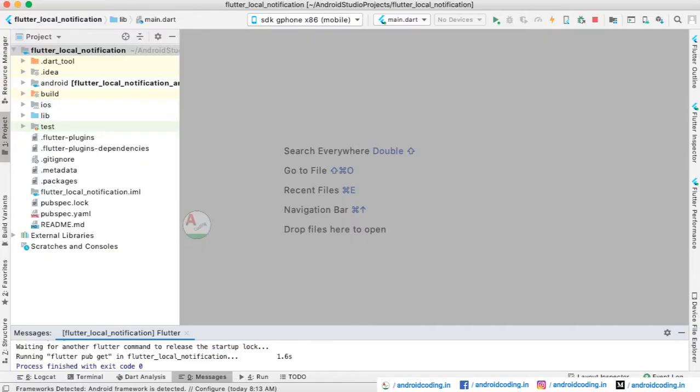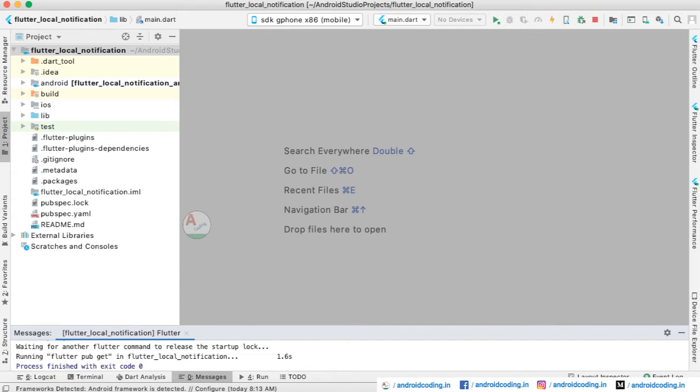In this vlog, we will see how to make a local notification in your Flutter application. Generally, when you are designing any application where you want to show the status of the current task, the better option is to use a notification. A notification will pop up onto the screen showing your current task, like a music player, or a call running in the background so you can show the status of the call, or you are downloading a file, or any kind of task where you want to display a notification in the notification tab.